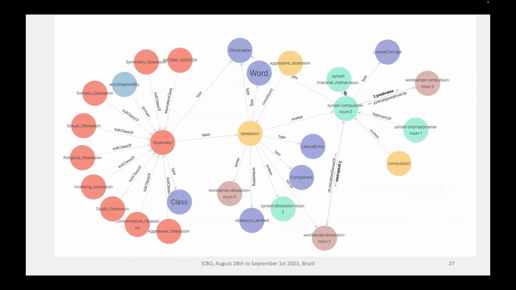Here's an example from GraphDB where obsession has two synonyms represented with brown circles from WordNet, and these synonyms have their associations from WordNet, such as synset. It's also represented in Protege.